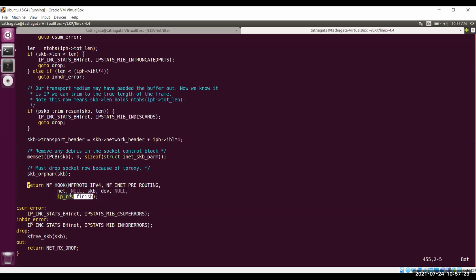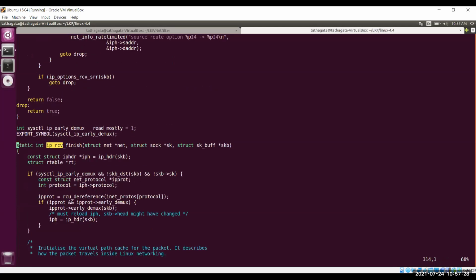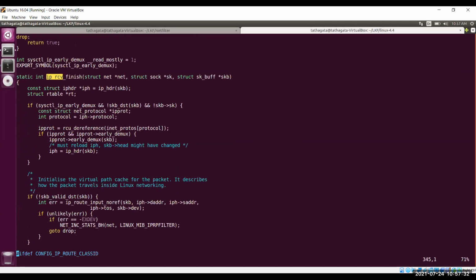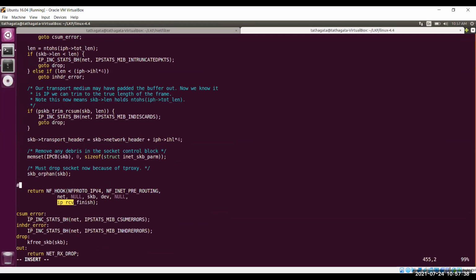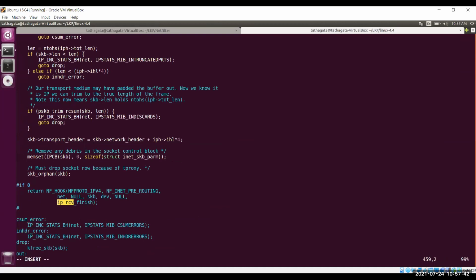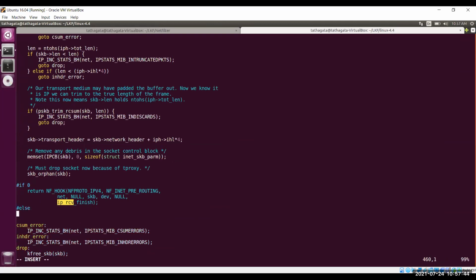Say before ip_rcv_finish, you want to call another hook point. You want to define your own hook point. In that case, you can specify it in this way. I'm just giving the example, but this is not the way you should do it, because this is already the same hook point in the same place.